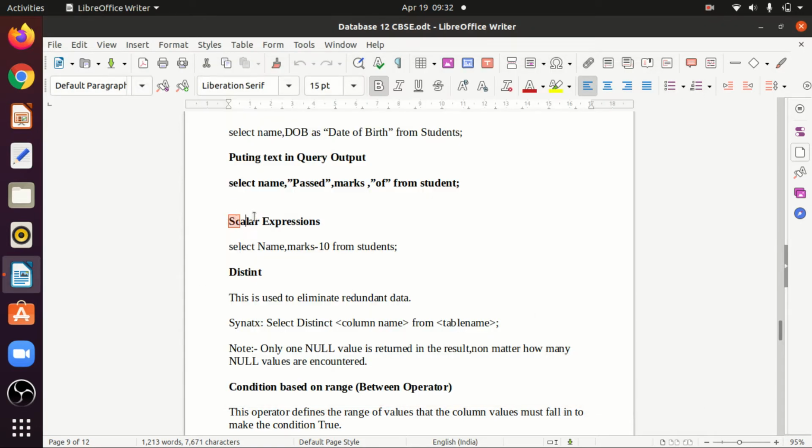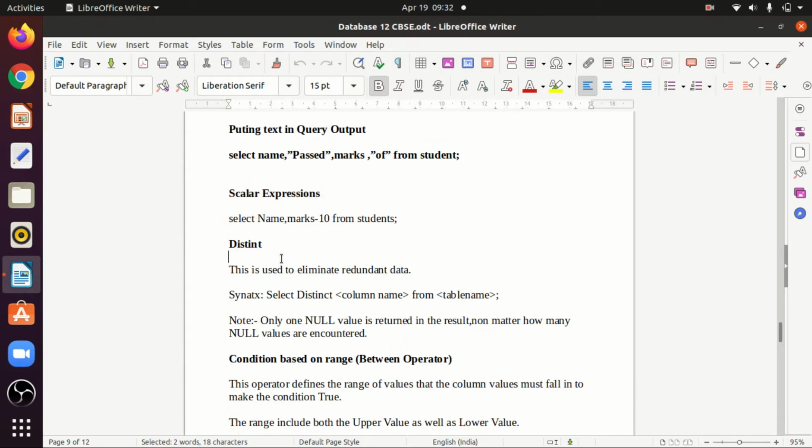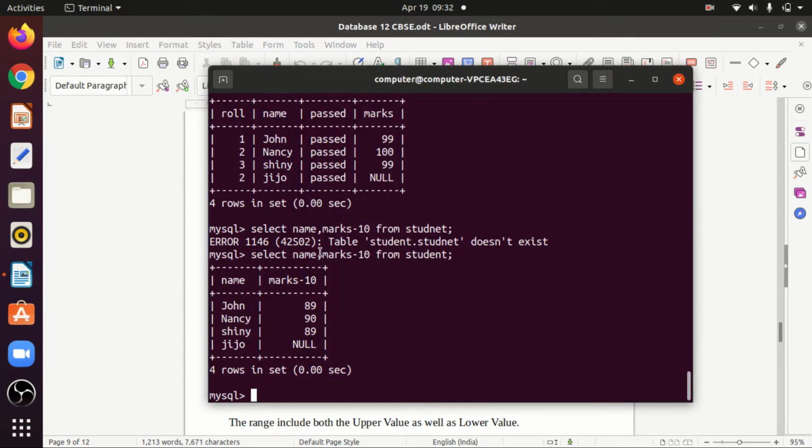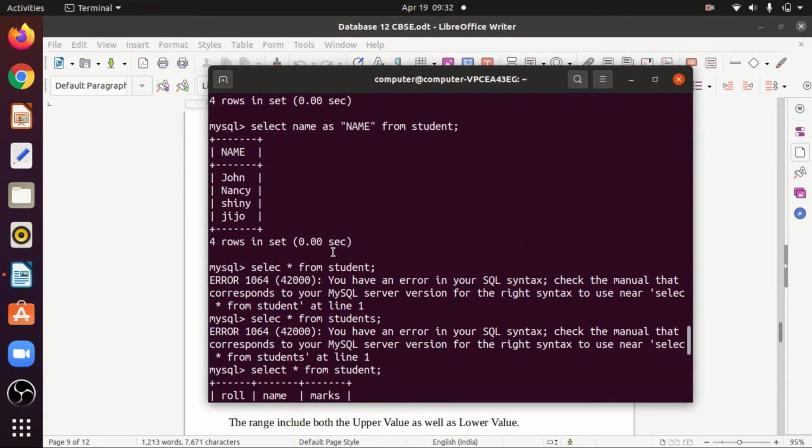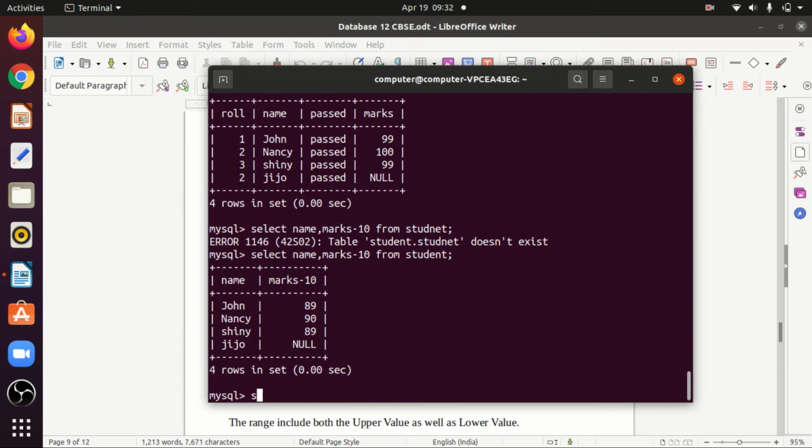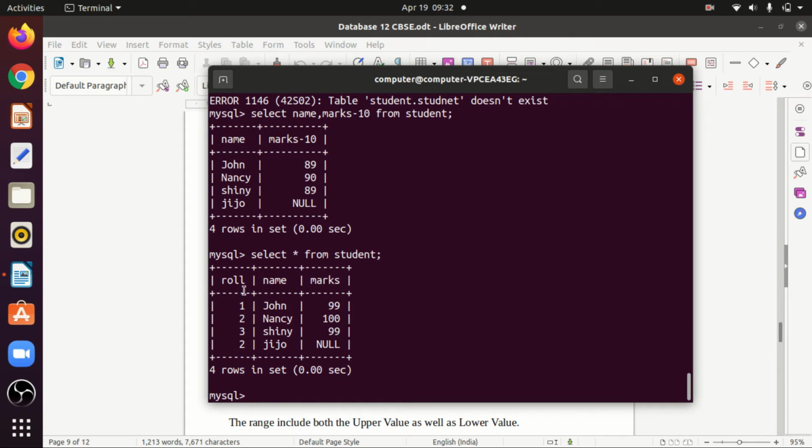Okay, distinct value. So we know that if you see the complete output of my student table, select star from student, you will see that two records have the same roll number.